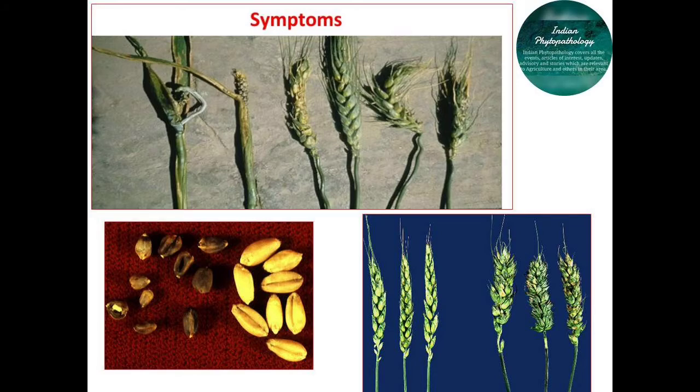The disease symptoms are intensified at the flowering stage, and yellow ear rot sets in due to the combined action of nematode and bacterium. That's why it is also called yellow ear rot of wheat. The earhead becomes chaffy and the kernels are replaced by dark nematode galls, which also contain the bacterial cells. The infected plant produces more tillers than the healthy ones.